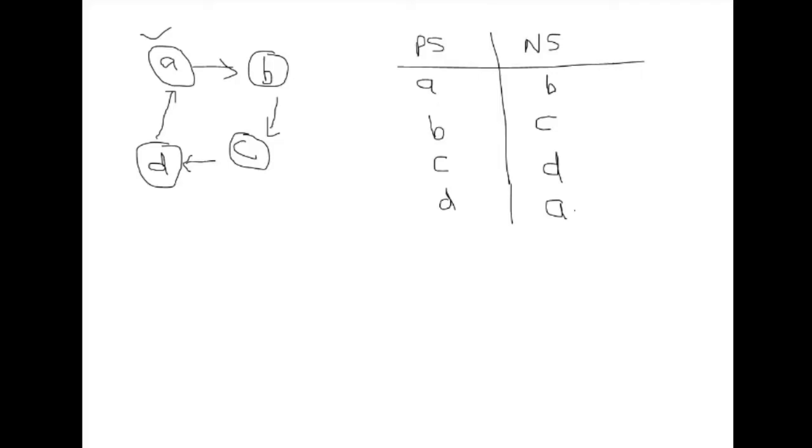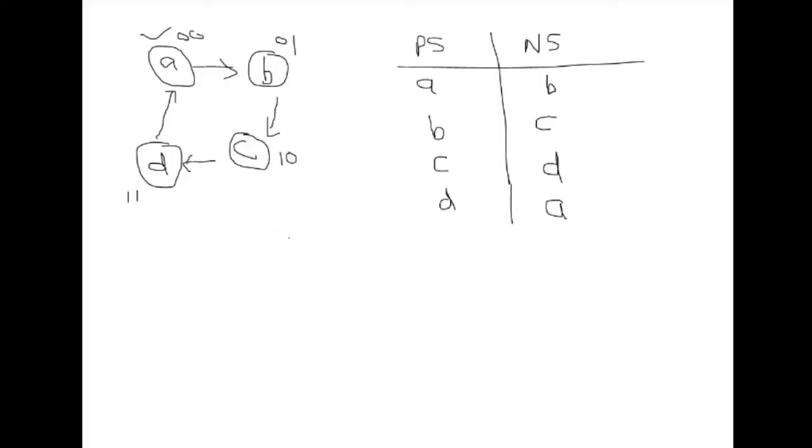Now, depending on whether you are designing a 2-bit counter or a 3-bit counter, you will be assigning bits to this A, B, C, D. So if I'm working with the 2-bit counter, I will say let A be 0, 0. If it is an up counter, A will be 0, 0, B will be 0, 1, C will be 1, 0, and D will be 1, 1. So this is a 2-bit up counter that we have designed.